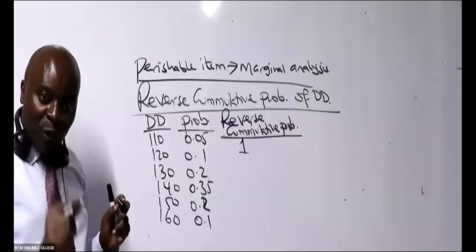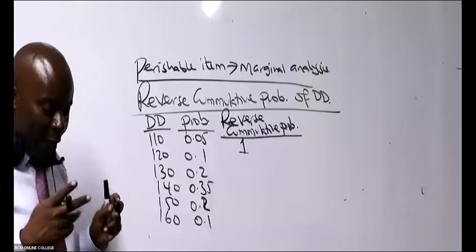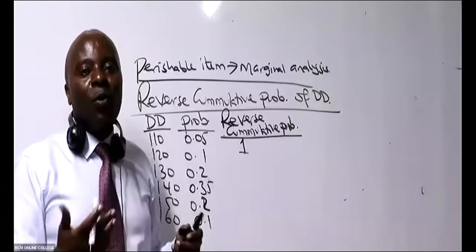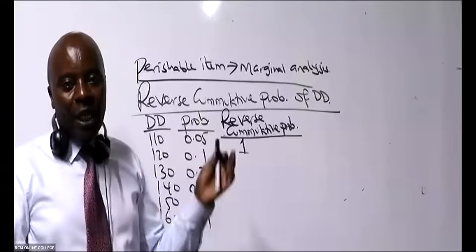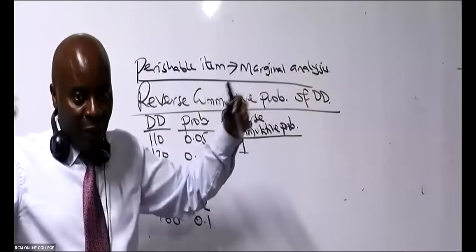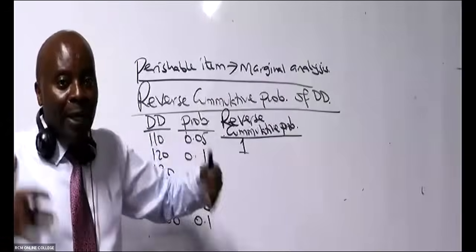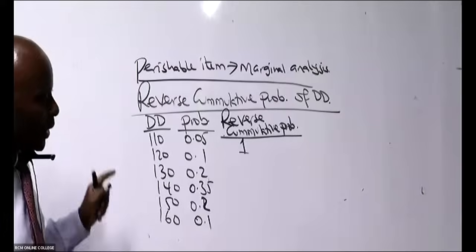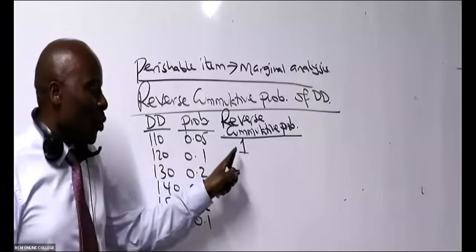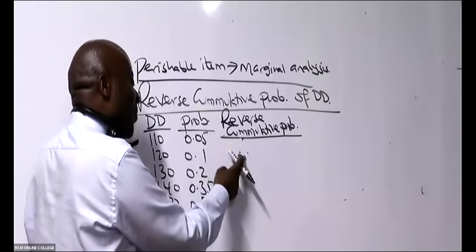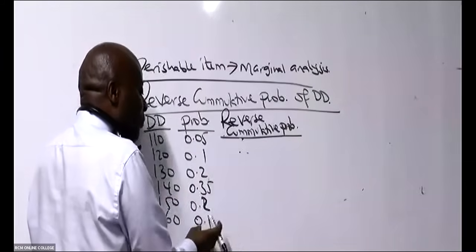Because these are perishable goods, I look at my plight. I don't want to perish. I don't want to remain with these goods behind. I would want to sell everything. I would rather people go to other suppliers because I've disappointed them than me perishing with these units. The easiest way of remembering this: if it's a perishable good, always get your cumulative probabilities, but from down here, reverse.